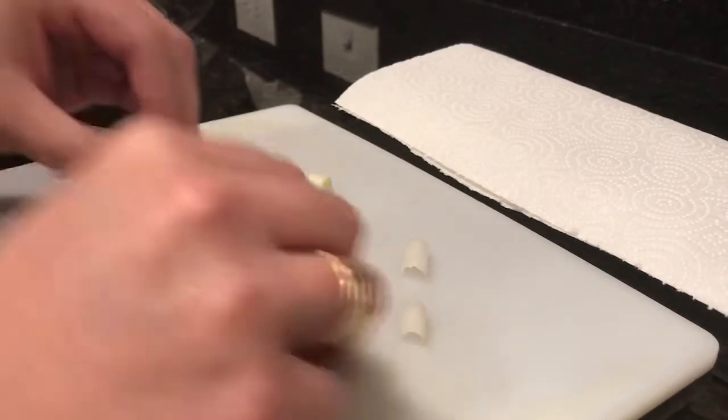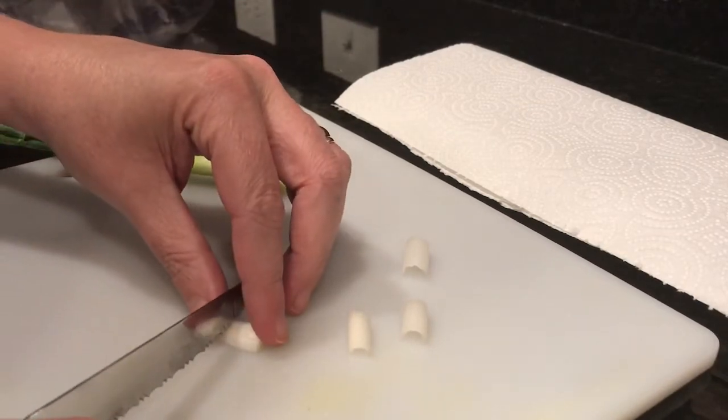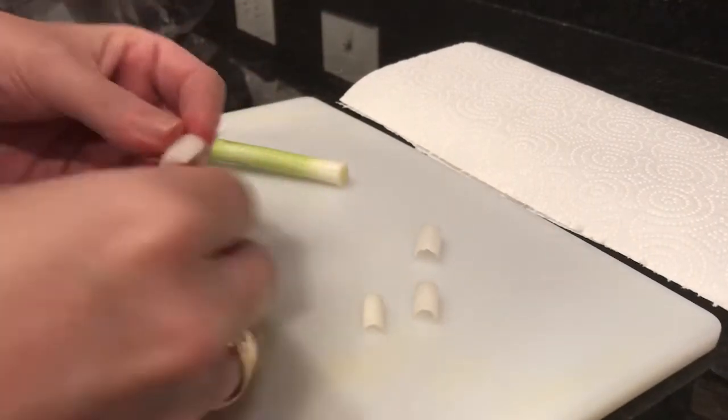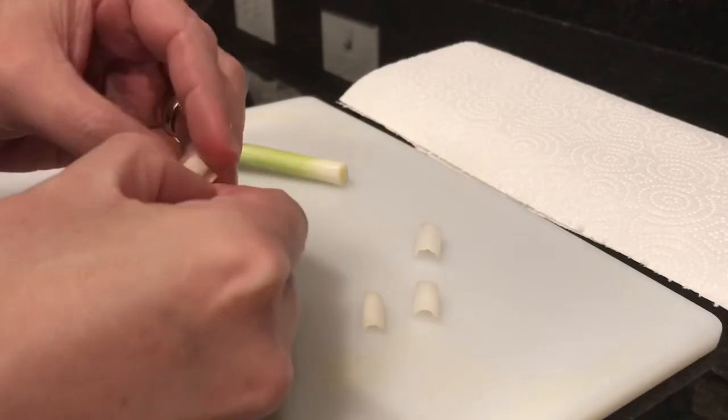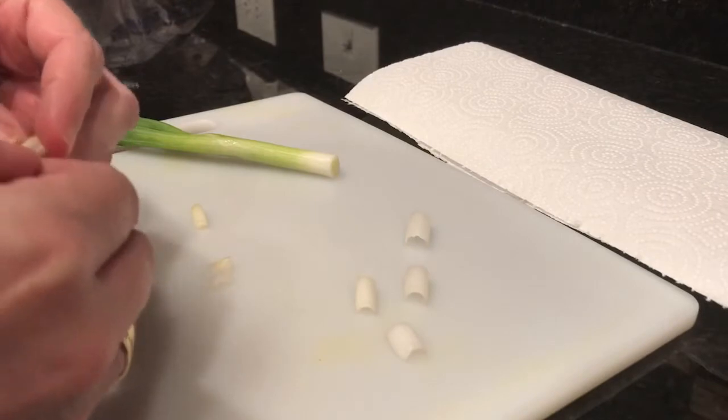Okay, so I'm going to do that with all of my onion tops, and we're going to set those aside, and we're going to get